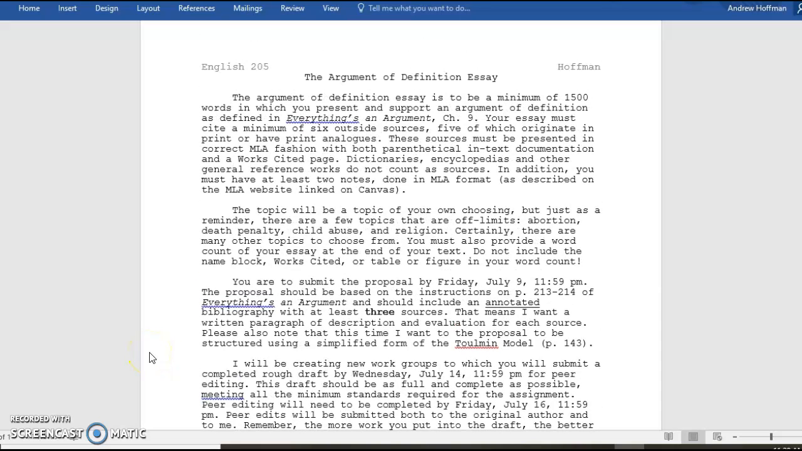Here we are with the argument of definition essay. The argument of definition essay is to be a minimum of 1,500 words. Now, I do want you to note that we have increased the word count here. Your first paper, the fact essay, was 1,000 words, which is pretty short, to be frank about it. So lucky you, you get to write more, 1,500 words, in which you present and support an argument of definition